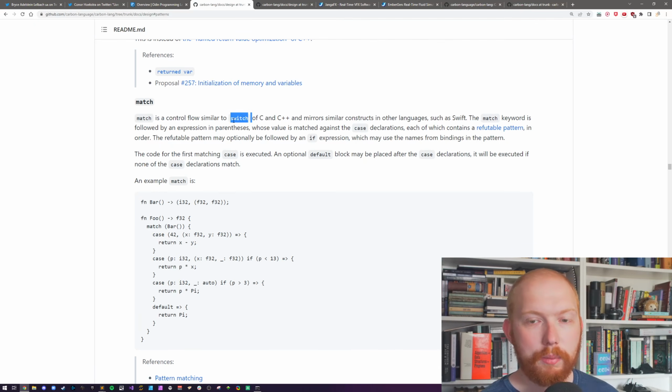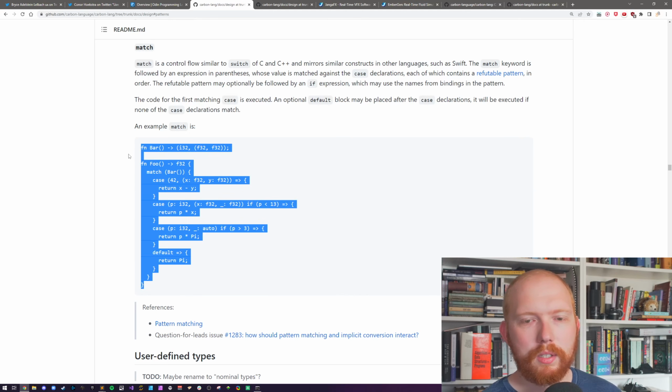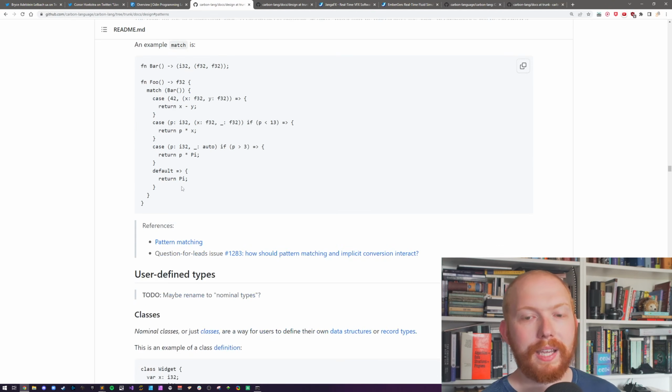They have a match, which is similar to a switch, and their match has all of this different pattern matching going on. Now, Odin doesn't have pattern matching because it doesn't have tuples, nor does it have ML-like unions, but it does have discriminated unions. I'll explain in a minute. But this isn't even possible in Odin because it doesn't have pattern matching, because it doesn't need it, which is kind of a little bit, wait, what? We'll explain in a bit. It doesn't have tuples, it's fine. And it doesn't have ML style unions, so it doesn't make any sense in Odin. But that's fine. Not every language needs it, obviously.